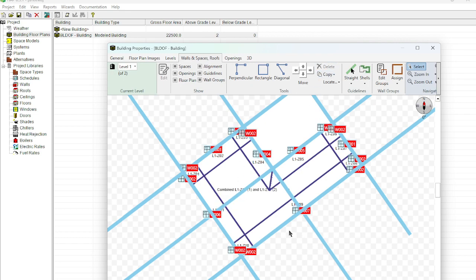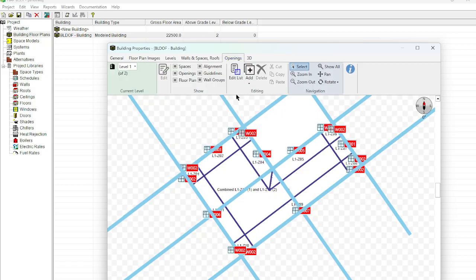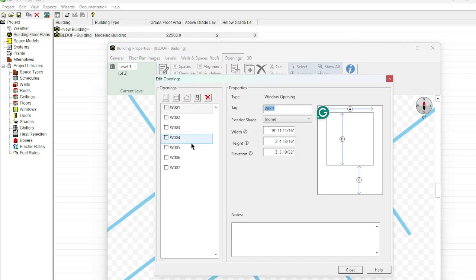But you can draw this space in by yourself using these commands. Okay. Openings, this is where you get to define your list of openings, spaces, guidelines, wall group, floor plans. We are literally editing the list. So if you want to change your list to windows so that the height of B here is, this one's 2 feet 4 and 3/16 of an inch high. Say you want to make this